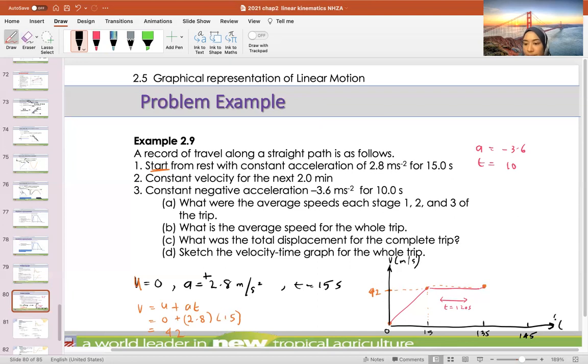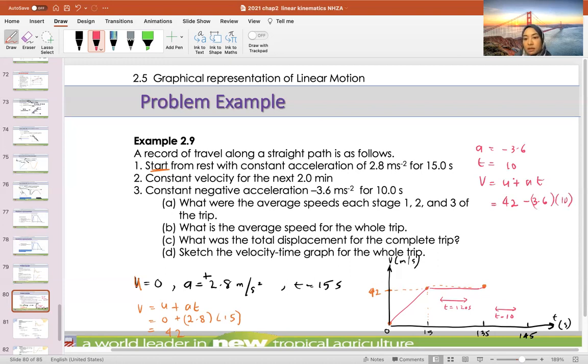Okay, time in seconds. So dia cakap in 10 seconds dia ada negative acceleration. Time equals to 10, right? But we don't know what the velocity is. So I have to use my equation, V equals to U plus AT. In this case, this is a new section of the motion. Our U is 42, and the acceleration is minus 3.6, and the time taken during this negative acceleration is